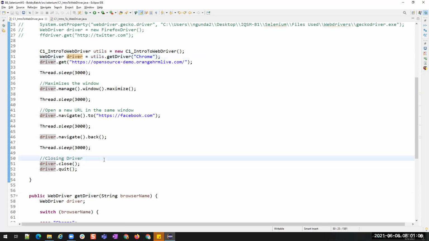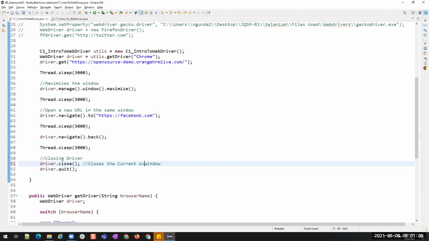Understood? driver.close, what does it do? Closes the current active window or tab.